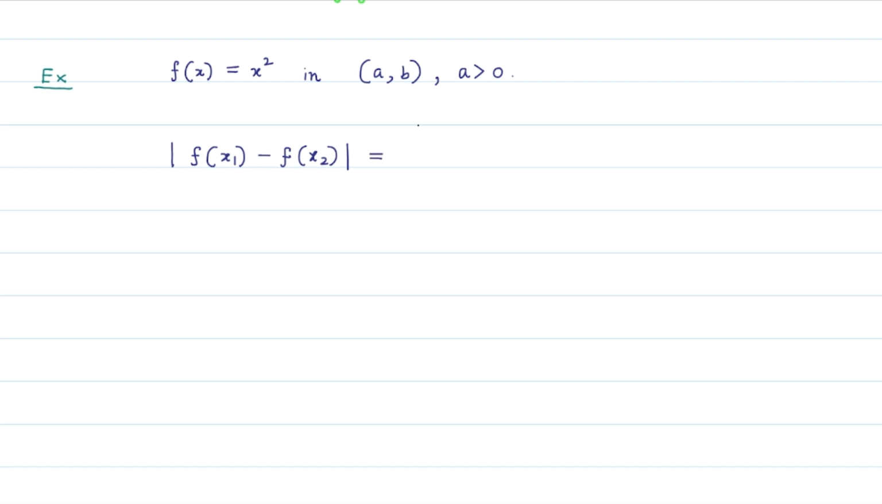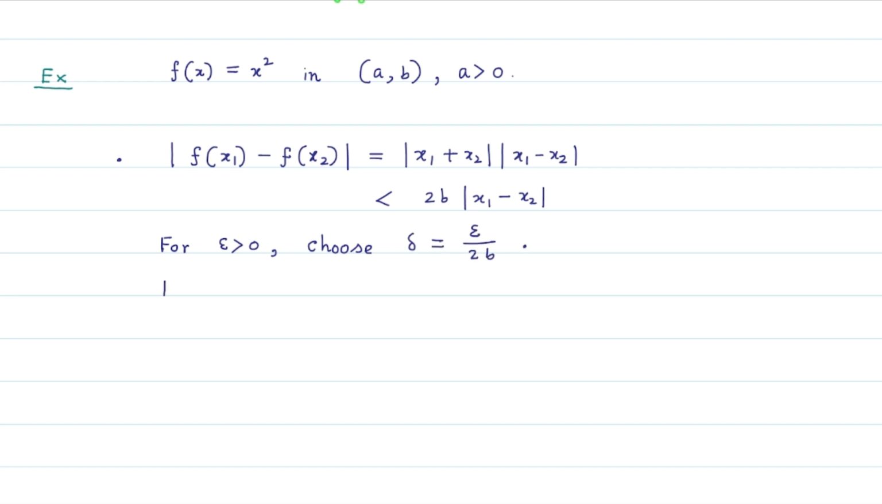This expression is equal to modulus of x1 plus x2 times modulus of x1 minus x2. As x1 and x2 are inside this open interval a to b, both x1 and x2 are less than b, so we get this quantity strictly less than 2b times modulus x1 minus x2. So for any given epsilon greater than 0, we choose delta to be epsilon by 2b, which will then give us that